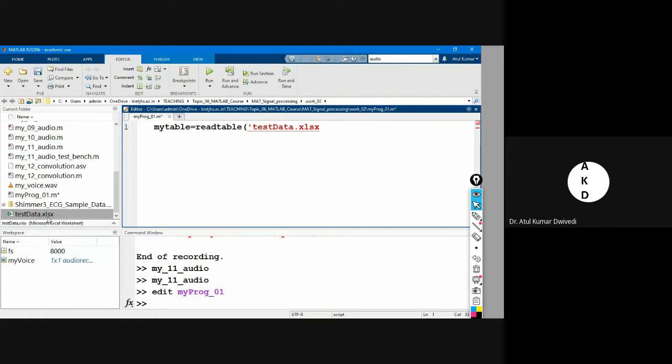So there are two kinds of files. If you are using an old version of Office, then it will be XLS. If you are using a newer version, it is XLSX. So you have to take care of that. Whatever the name of the file is here, that same name should be there in your program. Then you have to write sheet,